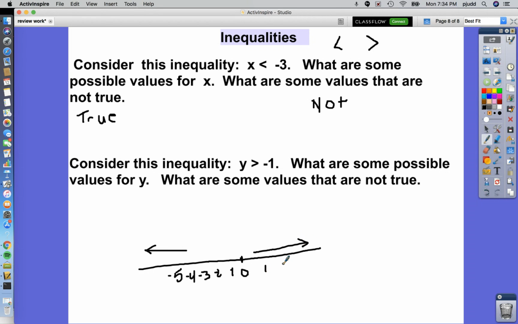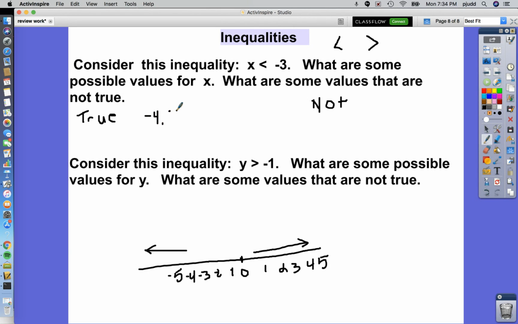And then I've got 1, 2, 3, 4, and I could keep going for 5 and higher. So I want values first that are true, that x, whatever x is going to be, is less than -3. Well, if I go to the right of the number line, these negative numbers are larger than -3. So some true values are -4,